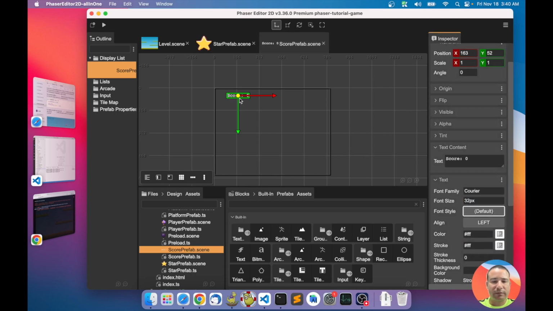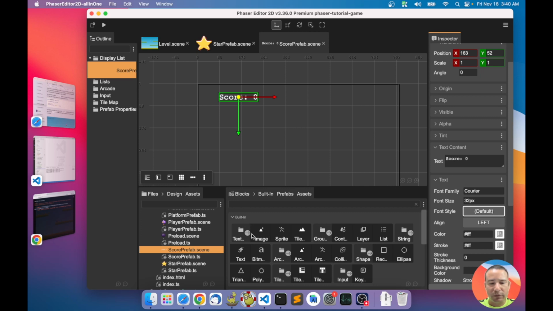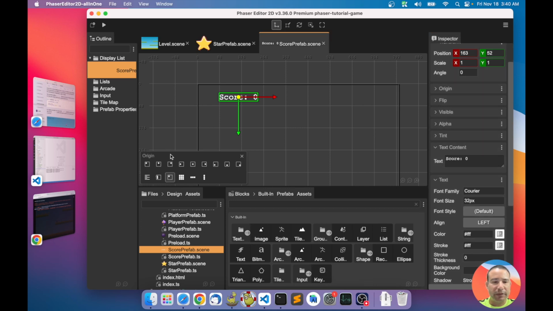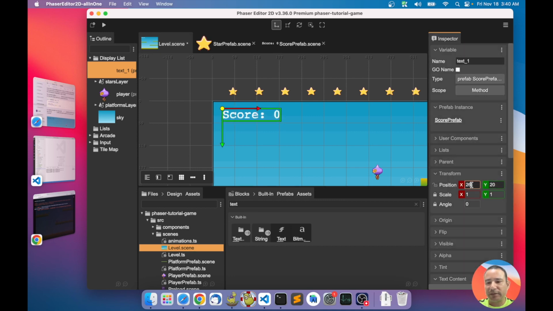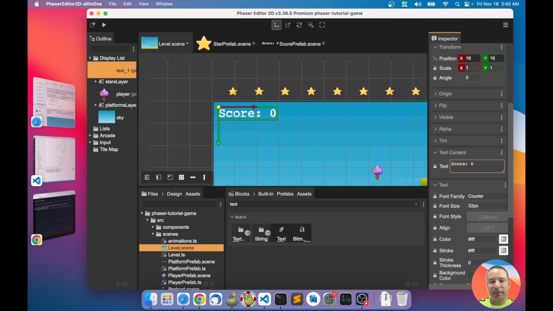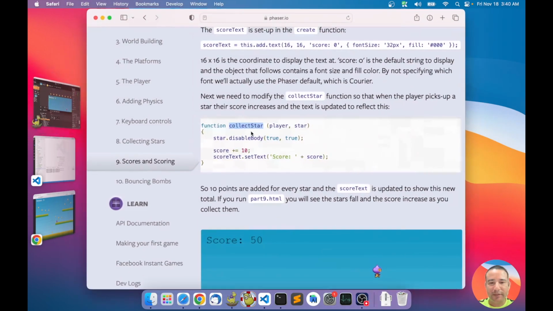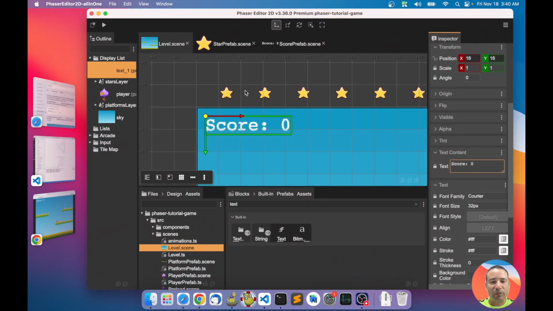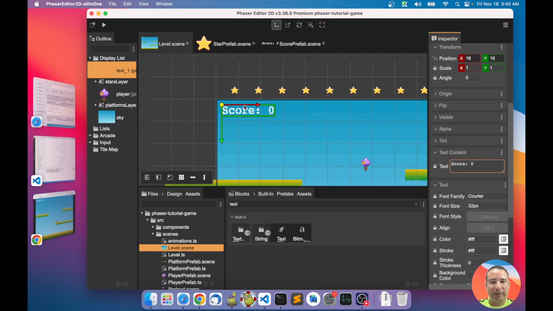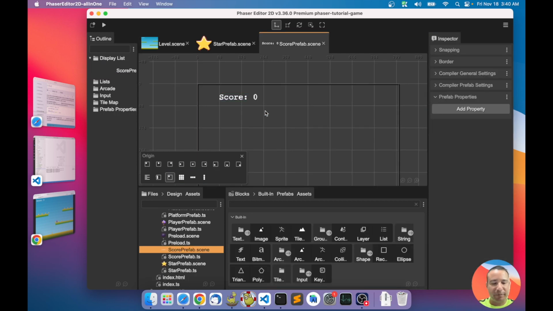Let me change the size. I want to change also the origin. Okay, origin here. Let me adjust it a bit. It was 16, 16, just like this. 16, 16, score 0. Now we have our prefab, and why the prefab? I want in the prefab